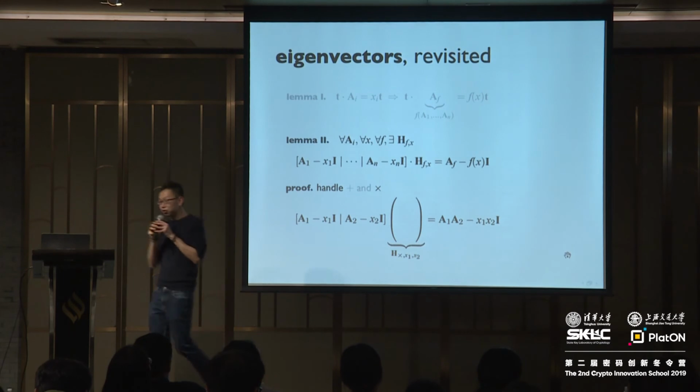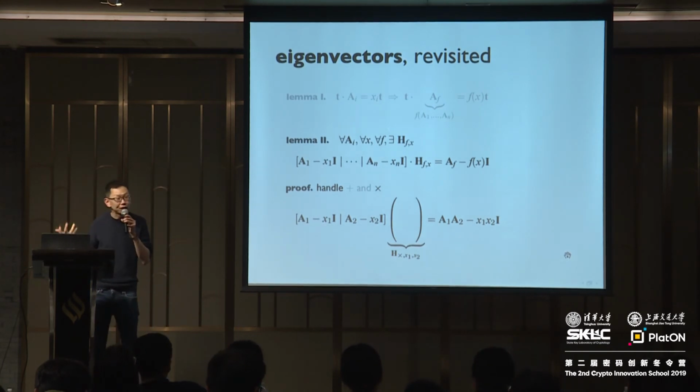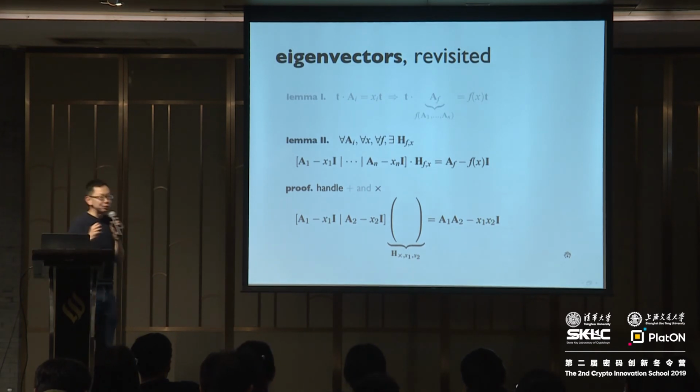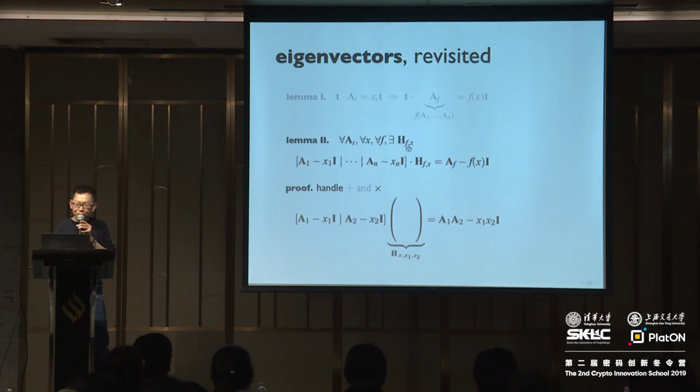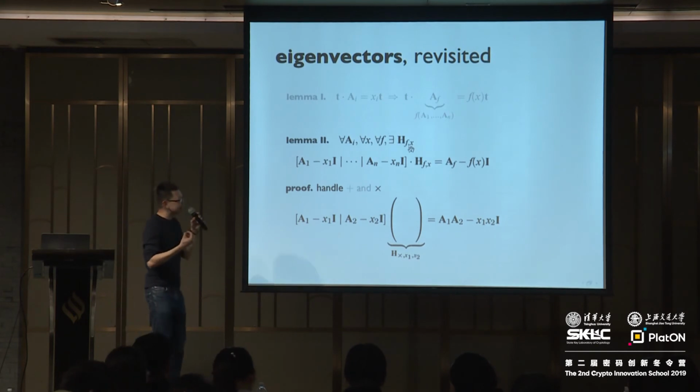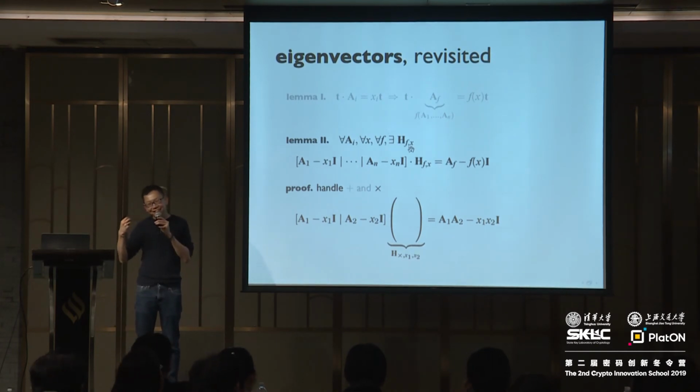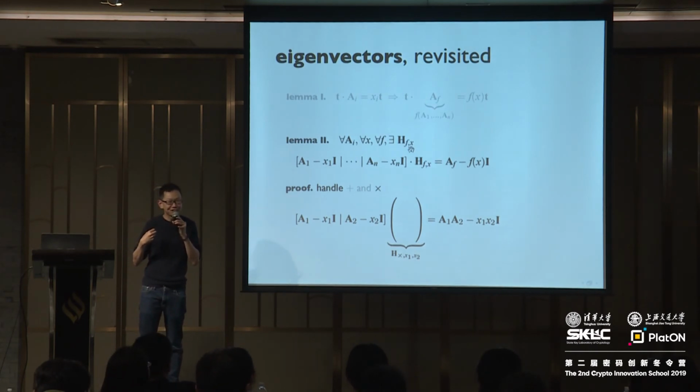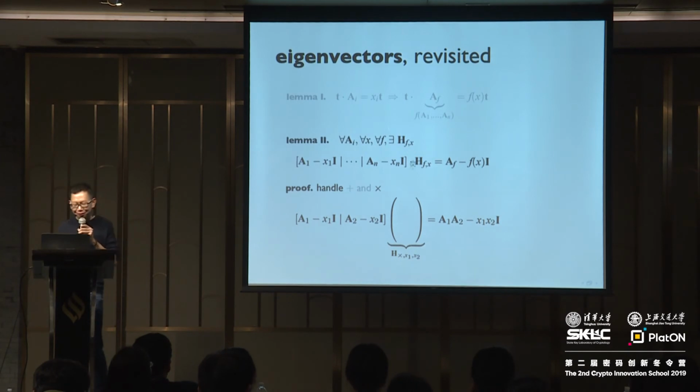In the previous slide, this H is very simple, it's just two identity matrices. In fact, H has the property that it is completely independent of the x and the matrices that you started out with. The construction here for multiplication is a little bit more delicate. So note the order of quantifiers here. I wrote H as H sub f, x. In particular, H is allowed to depend on f, it's allowed to depend on x, and by the order of quantifiers, in fact, H is allowed to depend on A1 and A2. In fact, the fact that H needs to depend on A1 and A2 is already inherent. And even though H depends on A1 and A2, it's going to be fine, lemma 2 still implies lemma 1, just because 0 times H is 0, it doesn't matter what the H is.